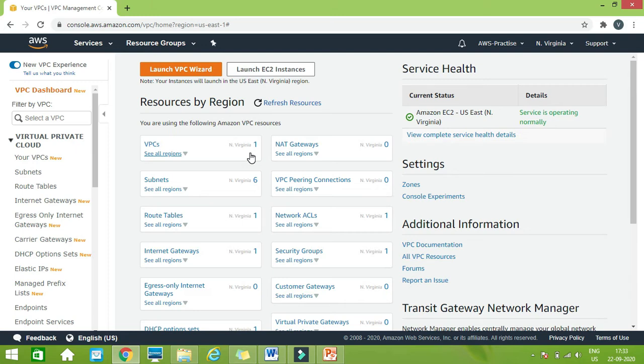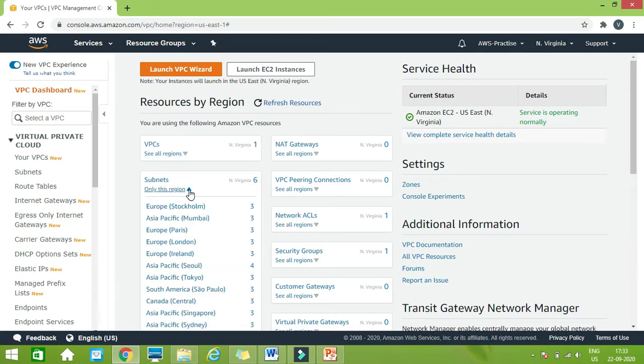So far we have used the default VPC for instantiating our instances, like we have created one Linux server and Windows server in the previous labs, and in that case we have simply used the default VPC. Now in this lab we will create our own network, our own VPC, and then we configure our network as per our requirement.